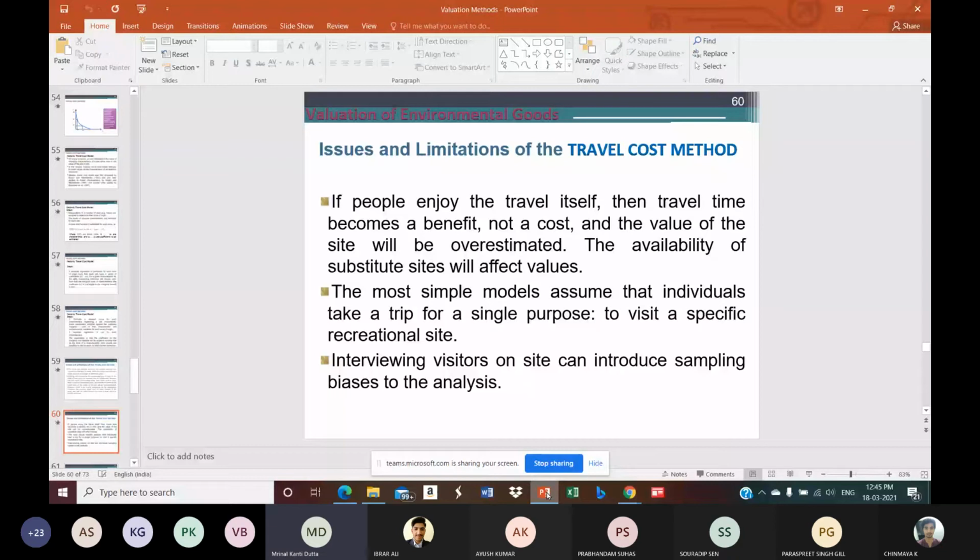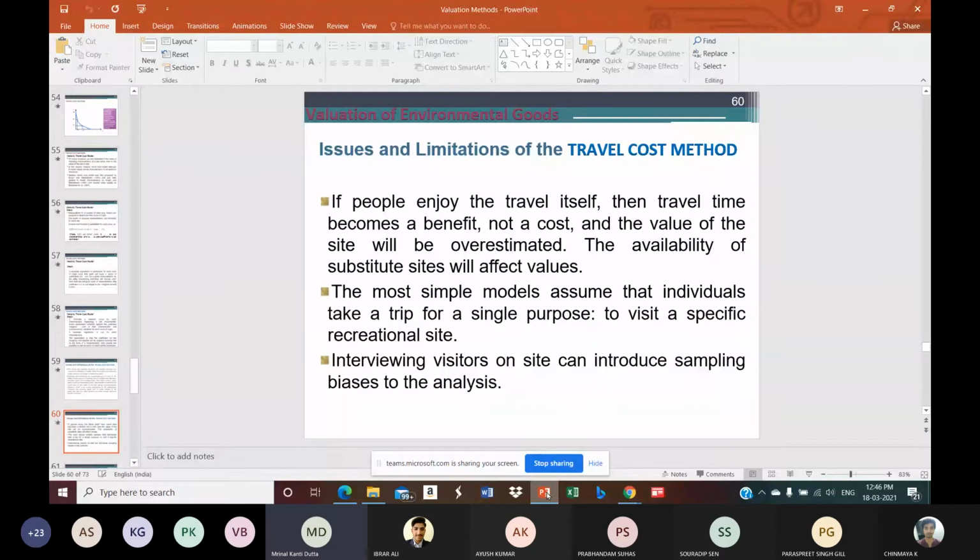Now, while talking about the valuation of the recreational site for that particular person, if we take into account the cost he has spent in the name of travel to the place and the entry fees, this valuation based on his preferences in the form of his cost might be an overestimation of his economic valuation, because there are multiple trips involved over here. And if we are taking into account the entire cost only for the purpose of visiting that particular recreational site, that probably will not give an appropriate measure of the values placed on these kinds of recreational sites.